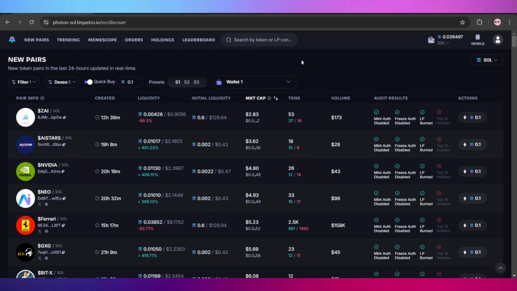Today's video is going to be a short tutorial on how to deposit Solana into your Photon wallet. To do this, the process is really simple, quick and easy. Just follow the steps I'll show you in this video. And if you haven't started using Photon, I'll provide a link in the description from where you can go and